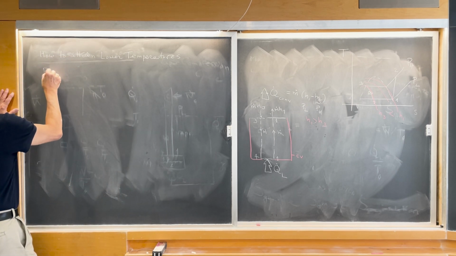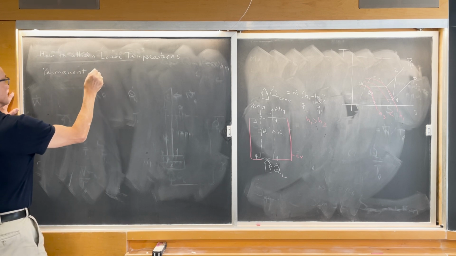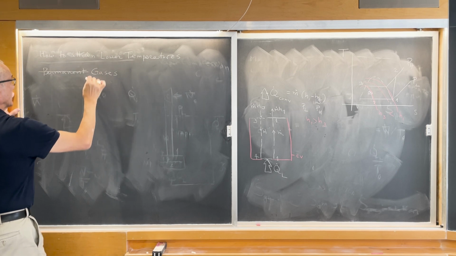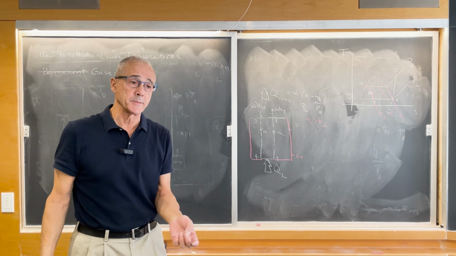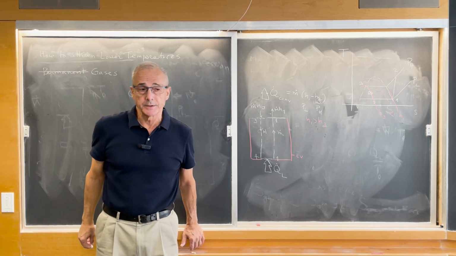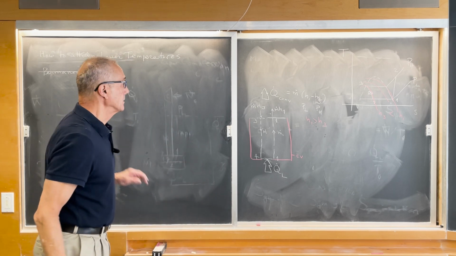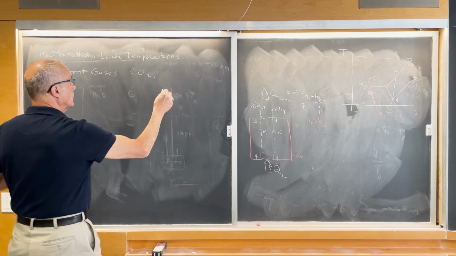Permanent gases because when they were baptized this way, people did not have access to low temperatures to witness the liquefaction of such gases. And those are CO2 in toward colder and colder,